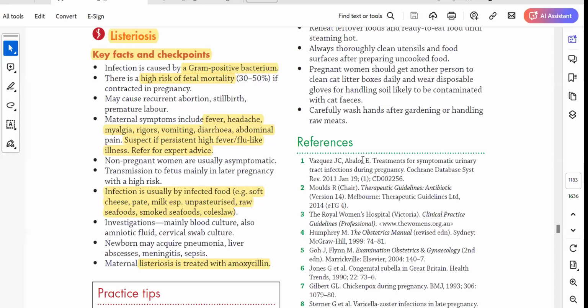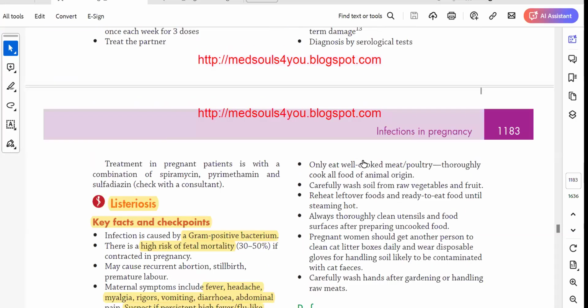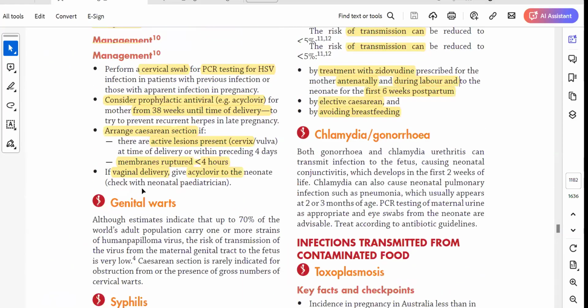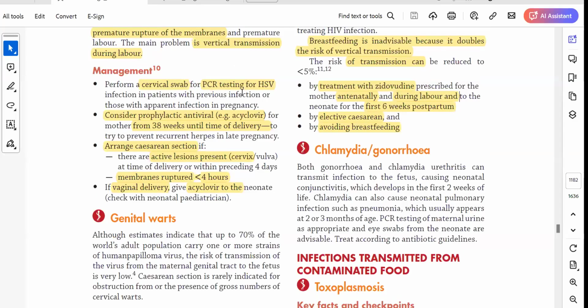Should we give antiviral to all babies even without active lesion? Yes. If it is a vaginal delivery and the mother is positive for herpes simplex virus, there is a likely chance that the baby will get it through blood if there is no active lesion. If there is an active lesion, then definitely, even with contact. So even if there is no active lesion, if it goes for vaginal delivery, yes, the neonate will need acyclovir.